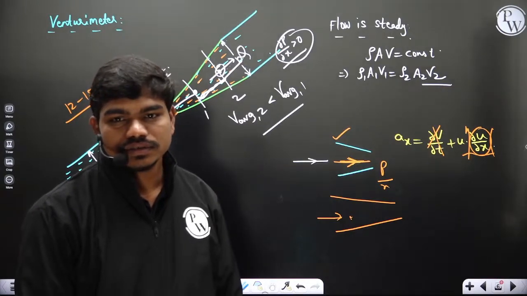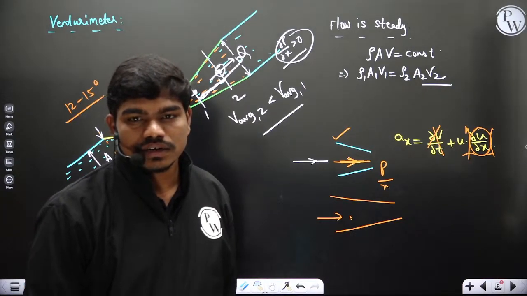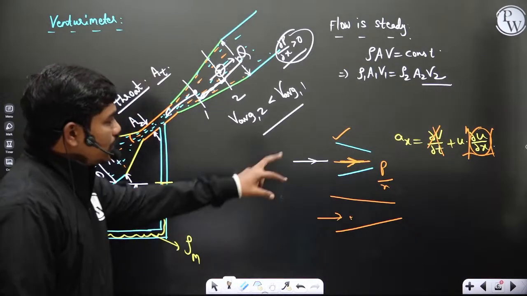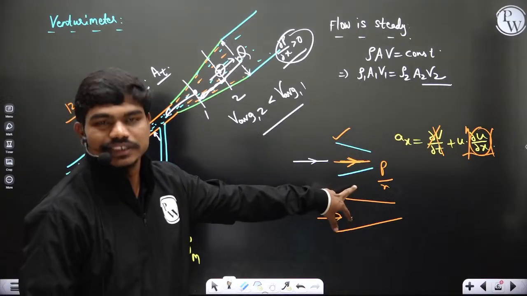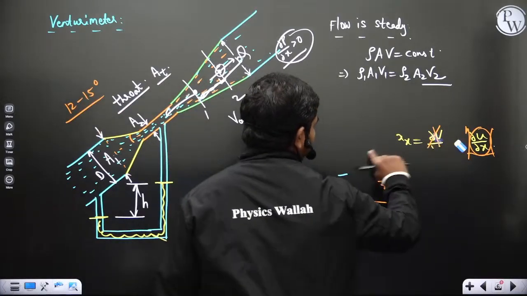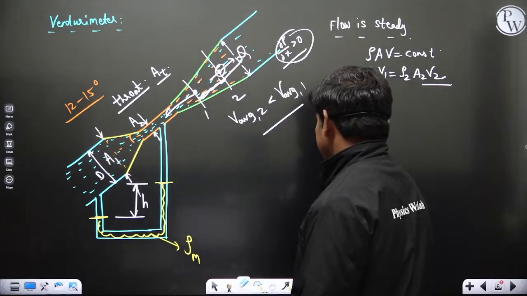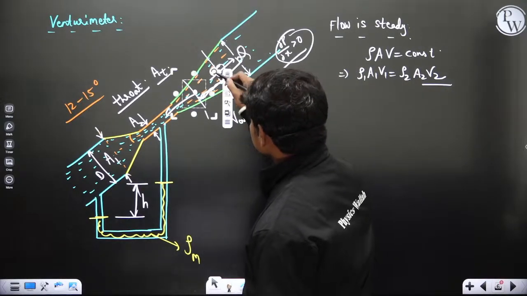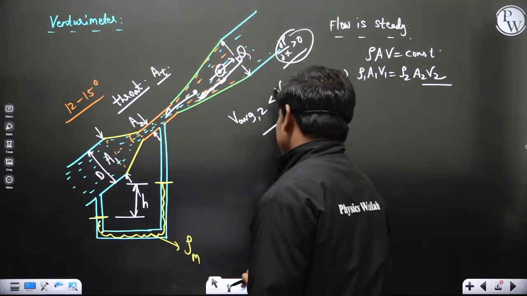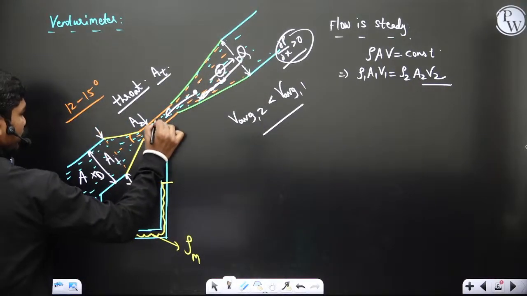Yes? Can you understand the logic behind everything? Fine? These accelerations will actually create some pressure gradients which could favor and also oppose the flow. That's it, okay? Now, coming to our story, because we have a lot to cover today, I hope you can understand this. This 1 2 we are eliminating as of now, because we'll take the 1 2 at some other spots. Fine. Now if you apply Bernoulli's equation at this point A and also at this point B,